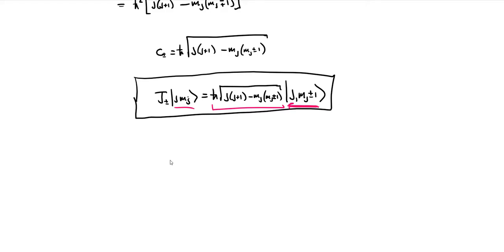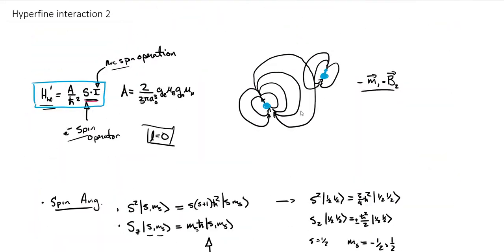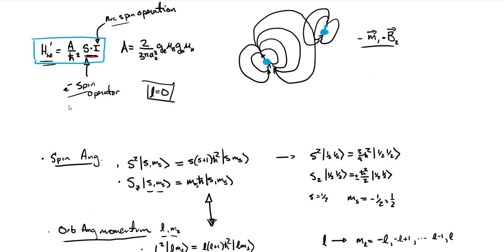Well, now that we have these tools in our kit, we can look at using them to diagonalize that hyperfine perturbation that motivated this whole thing, that interaction between the electron and the nuclear spins, nuclear magnetic moments. We're going to now use this generalized angular momentum to look at that perturbation, and for given L values, we'll have degenerate states, and we'll have to diagonalize that Hamiltonian to figure out how that perturbation affects our states.